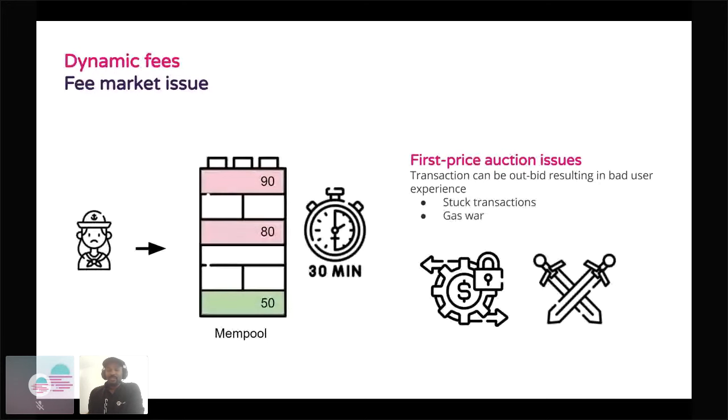This is an event that we saw on the Ethereum network, where people were trying to outbid each other in order to be taken first, which leads to, I would say, a quite high increase in the gas price. So it was very hard or expensive to be taken for the next block. So it's not very good in terms of user experience. Then came this EIP